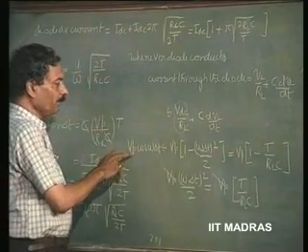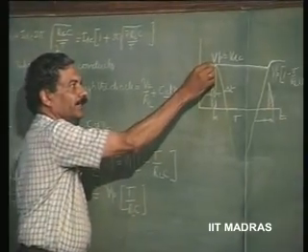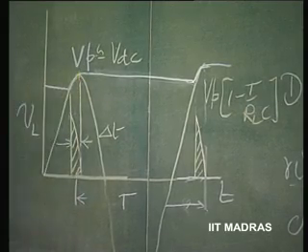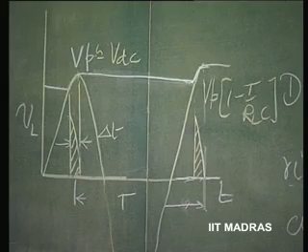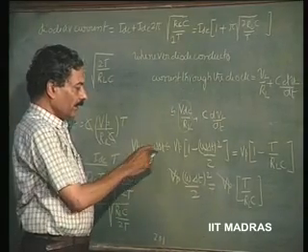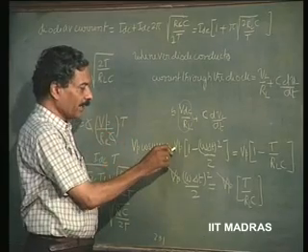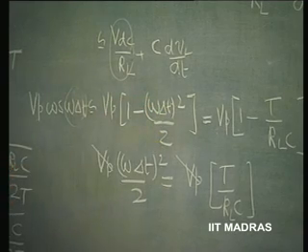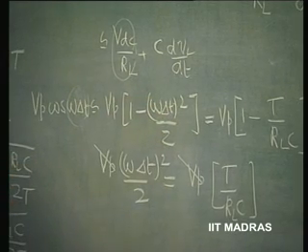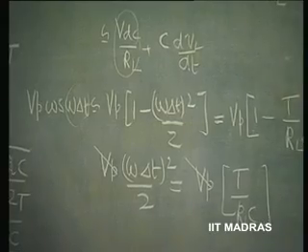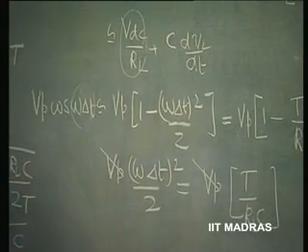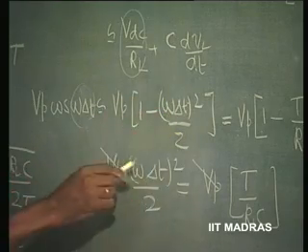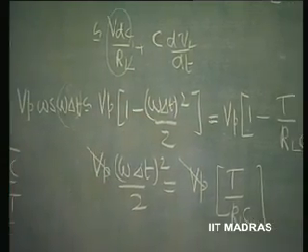It is the same as V p cos omega delta t, because if you take this as 0, this is nothing but a cosine waveform. So, this part of the waveform is defined by a cosine function V p cos omega delta t. If omega delta t is very small, then it can be approximated as V p into 1 minus omega delta t squared by 2, since cos x is 1 minus x squared by 2, and so on. When it is very small, we can forget the higher order terms and only take this, and equating this side to this side, we will get delta t as this,